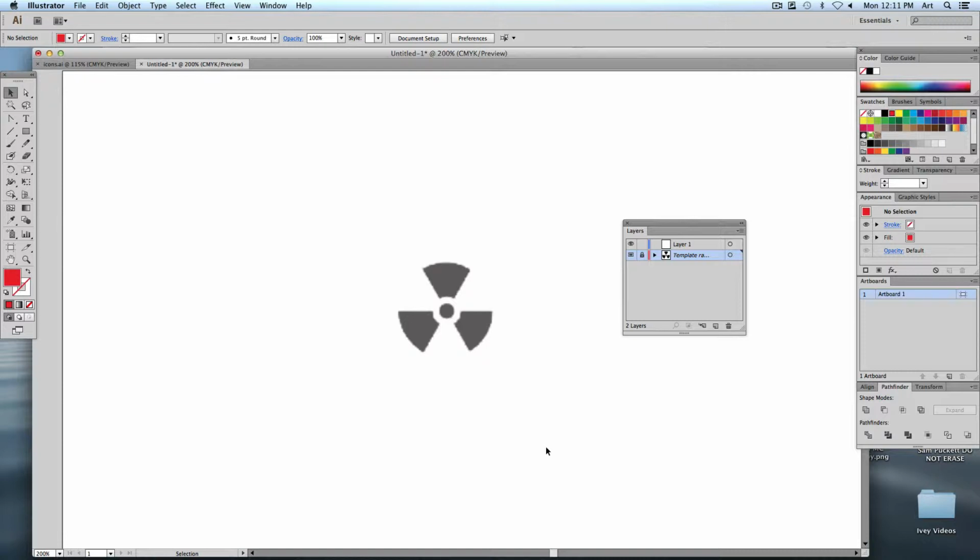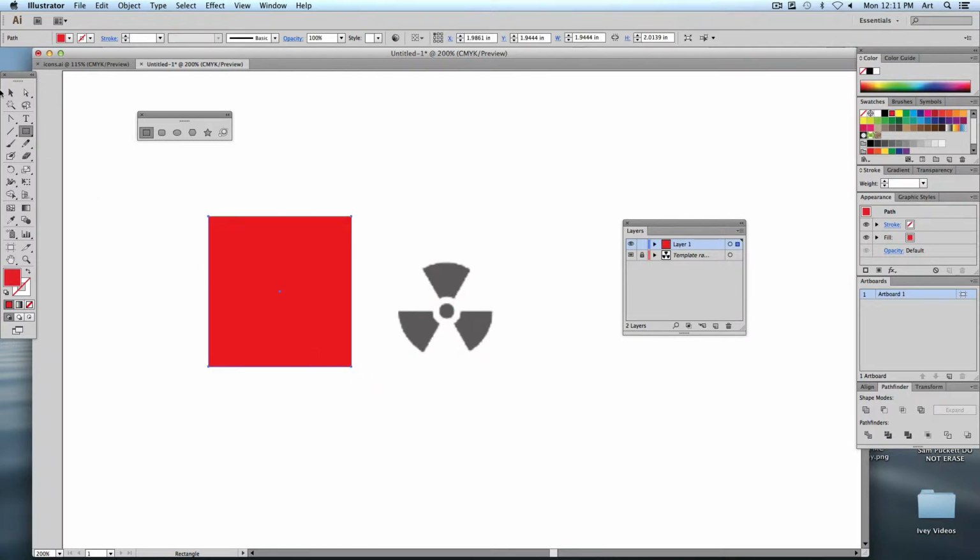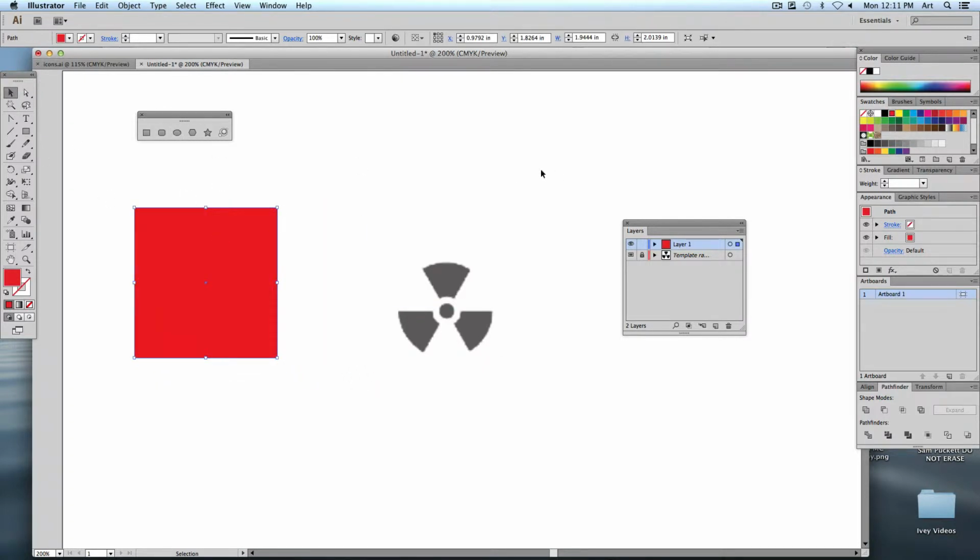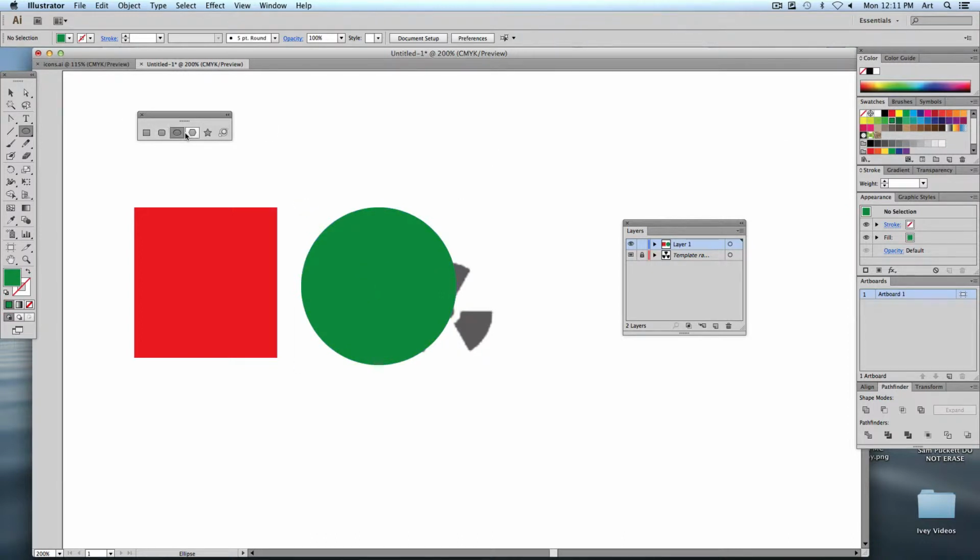So here's the next little thing that we're going to work with. I'm going to open up my shapes. Let's drag out a couple of shapes. Oops, make sure I'm working on layer 1. Notice that I can't even make a shape on this layer. I'm going to select layer 1 to work on. Now I can click and drag. Let's get a red one. Let's make a couple of different things. Green circle and